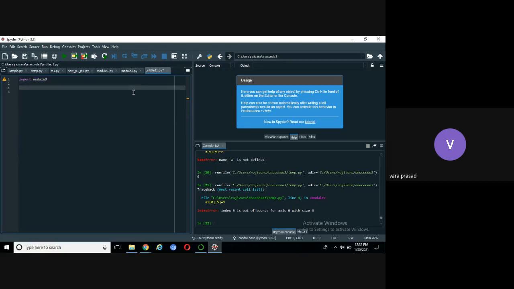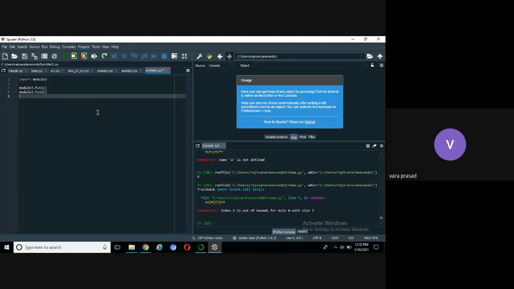Then here I can call the functions. How can we call the functions? There are many ways to call a function. The basic method is to first import the module, then the module name, dot. What functions are there? Now we can see here the auto suggestion. Module3 consists of the following functions: function1, function2. Like we can call module3.function2. We can call whatever objects are required from module3.